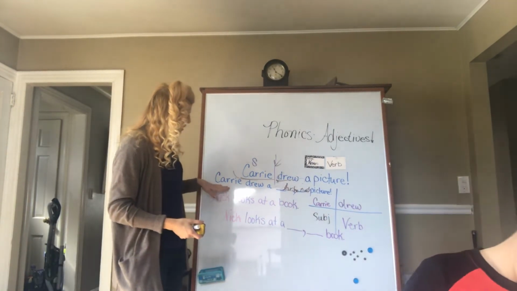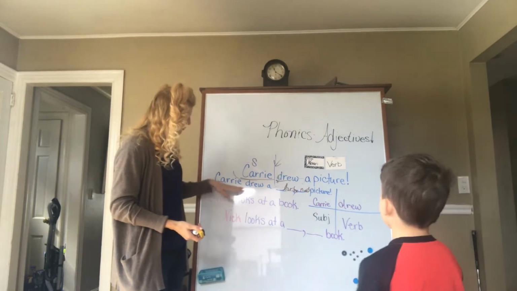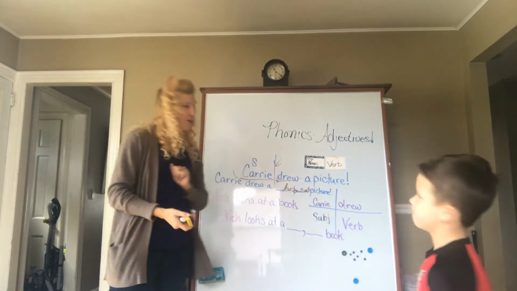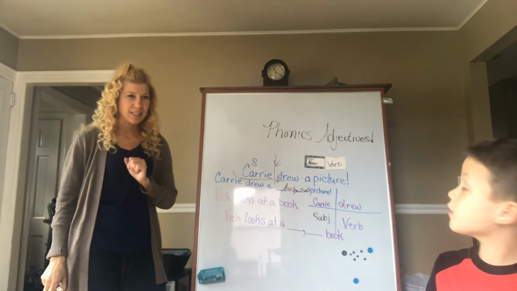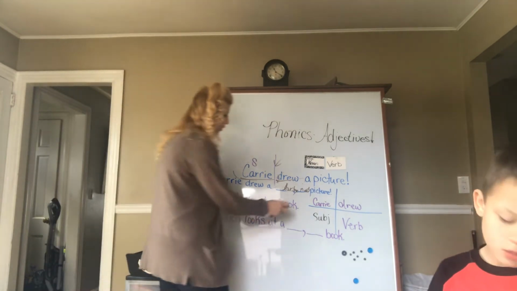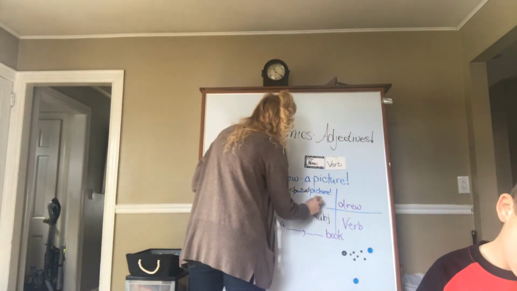Now, Ben, read the sentence. It says, Carrie drew a large red picture. Oh, good job. That's a great sentence. Can we write large and red underneath? Now, let's look at our